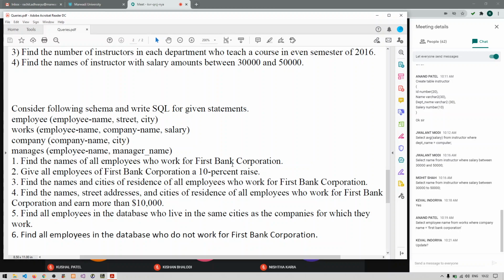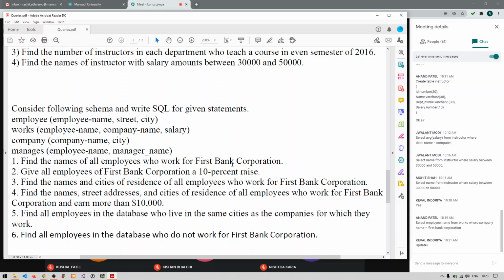You need to add whatever is the 10 percent of the salary to the actual salary of the employee. If you divide 10 by 100, it would be 0.1. Right, so that is the answer of this.